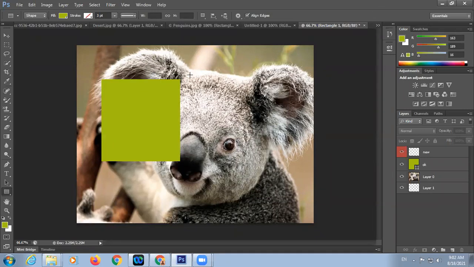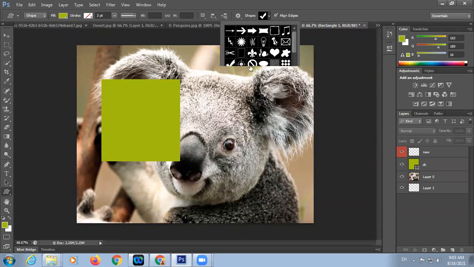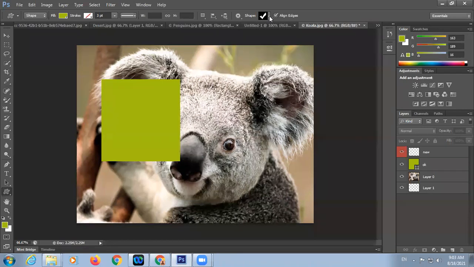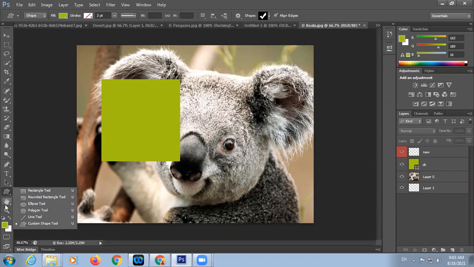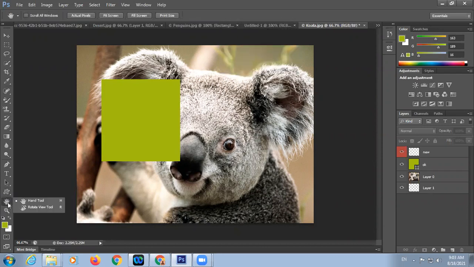Yes, Bani, I am coming to your question, beta. In the rectangular tool, there is the custom shape tool. Yes, beta. Which tool do you want to discuss, beta, here? Below custom shapes, like a page. This is a hand tool. The document.